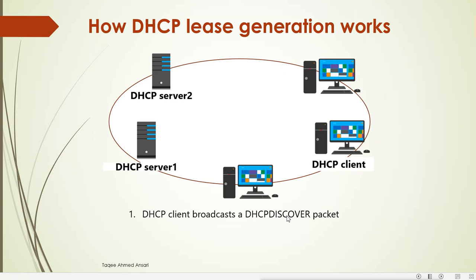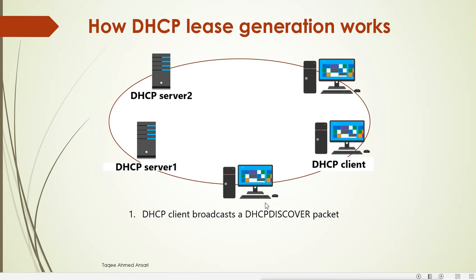Discover, DHCP discover. Discover means D. This DHCP discover packet is a broadcast packet, and it will go to everyone, all the machines within the network, but nobody will reply, only the DHCP servers will reply, and they will reply with the offer. So D is for discover in the DORA process, and O is for offer. Now the DHCP servers will get the DHCP discover packet. It is asking for IP address configuration.